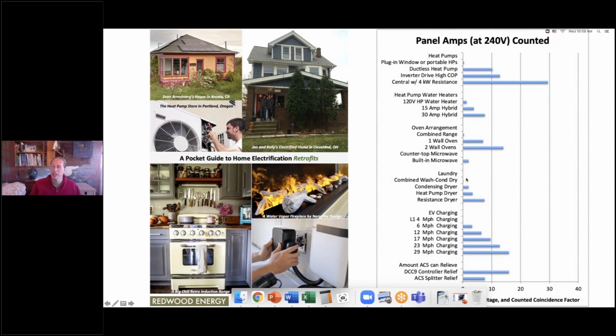Now laundry. I have a combined washer dryer, a condensing washer dryer. It can plug into any outlet, which I did. It plugged into a 120 volt outlet, and now I have 30 amps available for a car charger, which is awesome. Condensing dryers are like 240 volts. They use more. They need a dedicated circuit. Heat pump dryers use more. They often have a resistance backup built into the heat pump dryer, and then there's a true resistance dryer. So you can see why I got a combined washer dryer to replace my resistance dryer to free up power